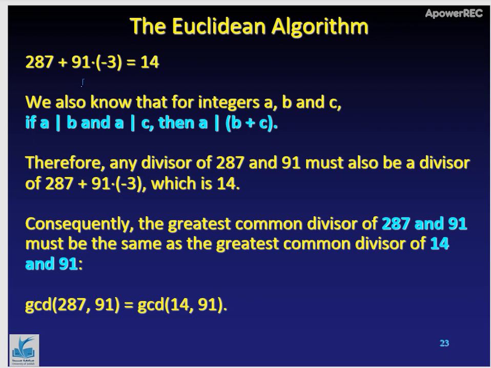So whatever the greatest common divisor of these two numbers is, it is a divisor of this one and a divisor of this product. So it's also a divisor of this sum, which means that this GCD is also a divisor of 14. So the smart part of the Euclidean algorithm is that instead of finding the greatest common divisor of these bigger numbers,